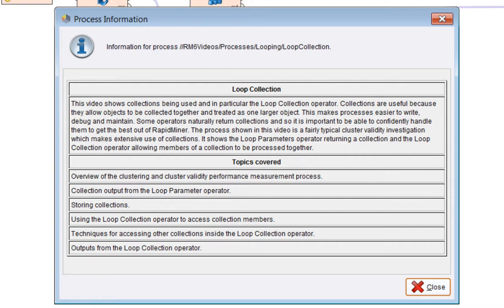This video shows collections being used, and in particular the loop collection operator. Collections are useful because they allow objects to be collected together and treated as one larger object. This makes processes easier to write, debug and maintain. Some operators naturally return collections, and so it's important to be able to confidently handle these to get the best